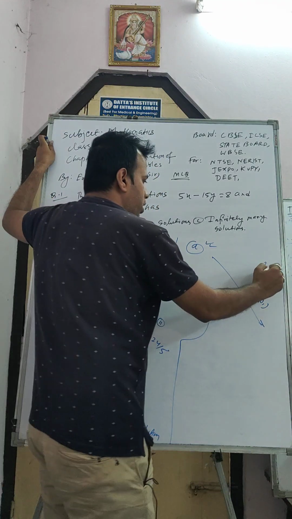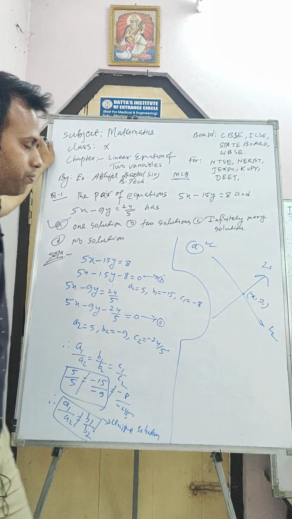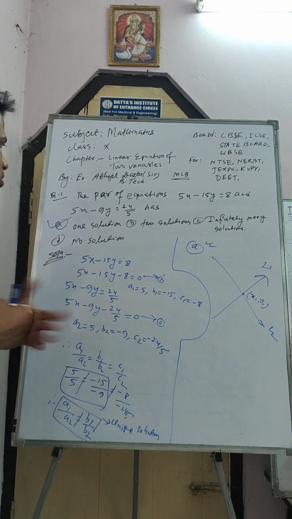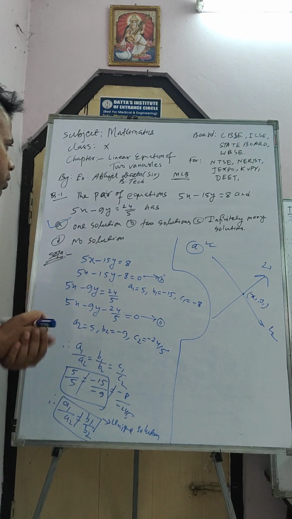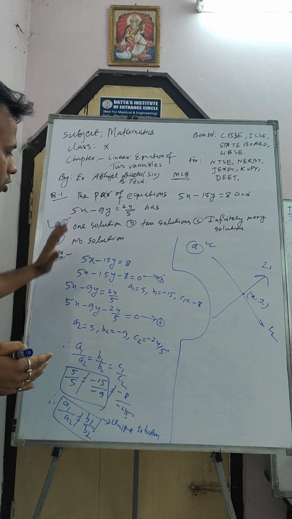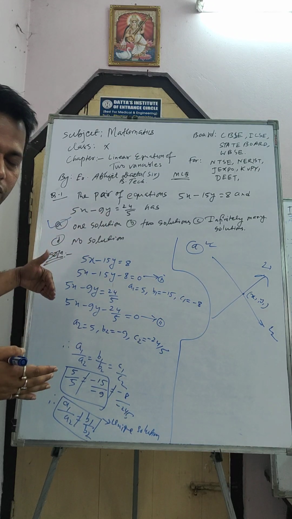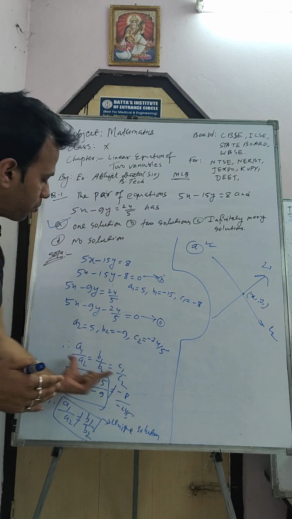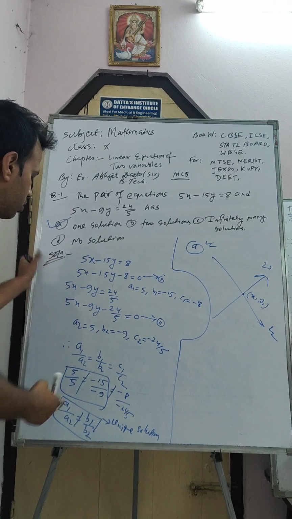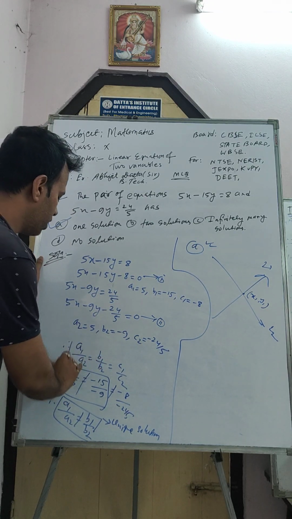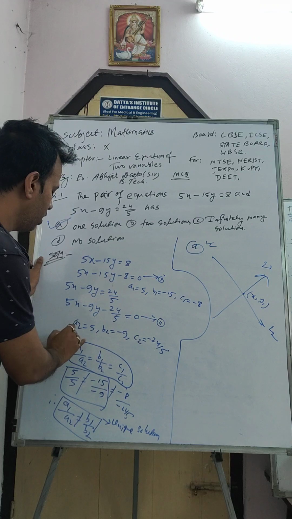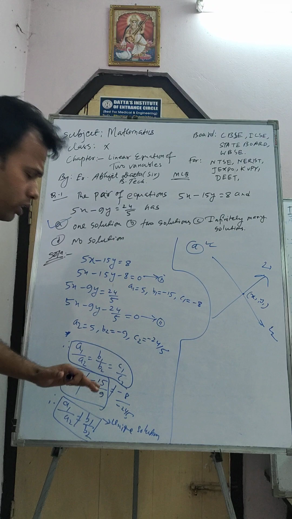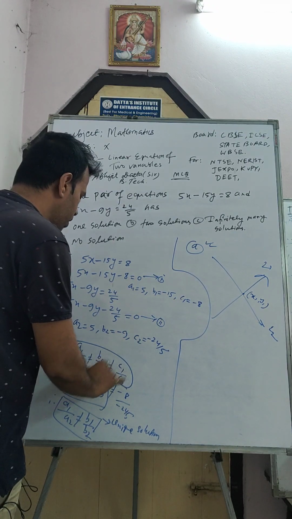Suppose this is straight line 1 and this is straight line 2. Got my point? Okay, these are two pairs of straight lines. So what I am doing here: you just convert this into general form. After that find a1, a2, b1, b2, c1, c2. After that you just apply this formula. After that you consider which option will be correct. First you write all are equal. After that you check which option is correct, because you don't need to explain, it is just an MCQ question. Then you have to write in this way also.